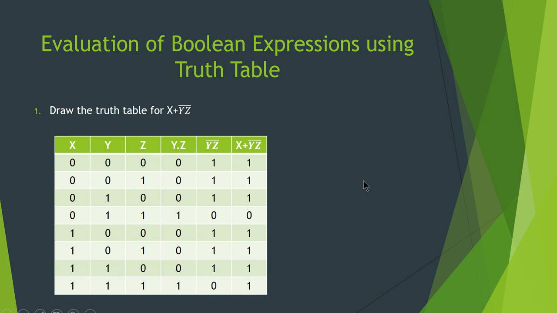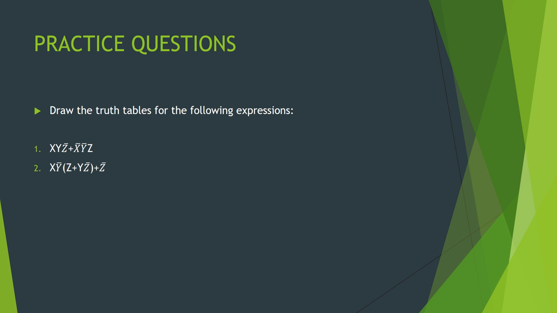This is one of the compulsory questions here, so you must learn how to do it. First you have to find out how many variables. Next you write the variables. Then you write all the input combinations, and for each column you must do only one operation. If you write it properly, you will get the answer correctly. This is what we have learned today. Please practice this question.